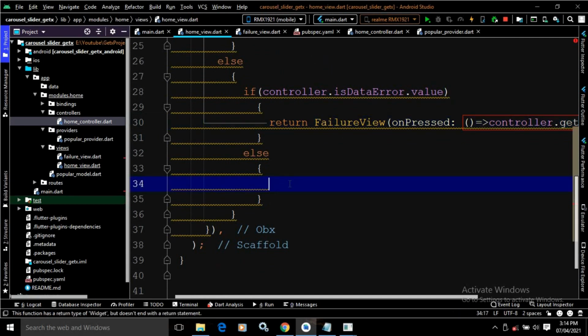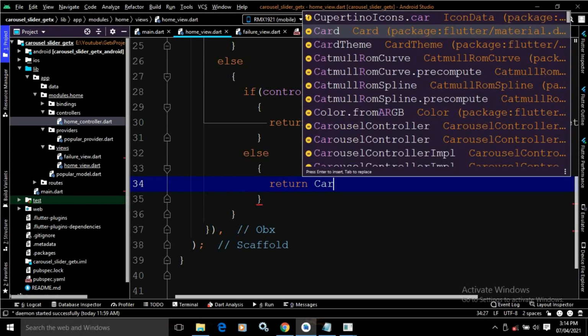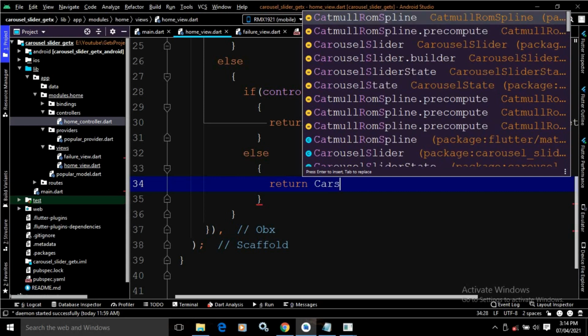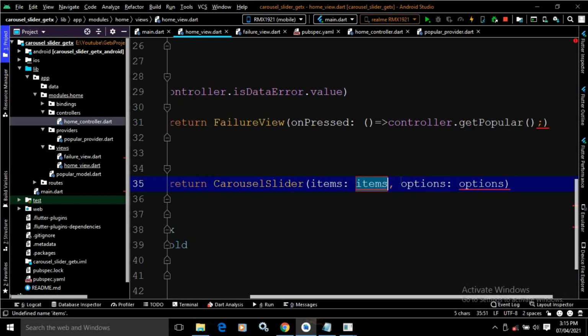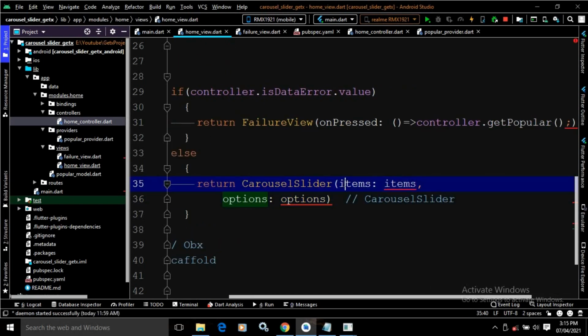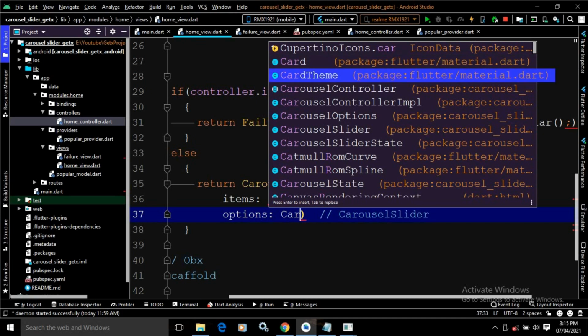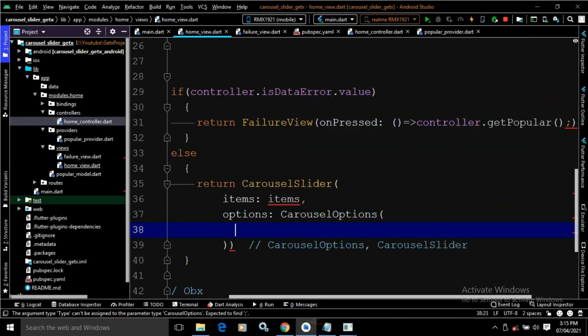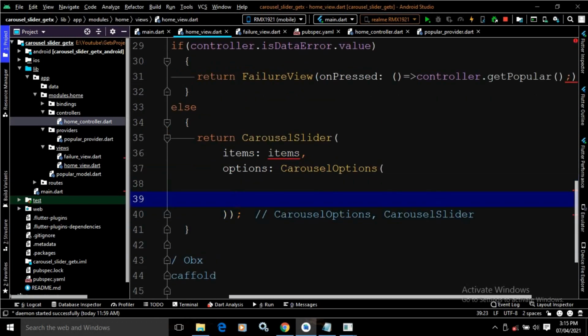But if there is no error, then the else block will execute. Now in the else block here I will write return carousel slider. As you remember, in the pubspec.yaml file I have taken the carousel slider package. From that package we can use the carousel slider class. Now here in the options, I will use carousel options,